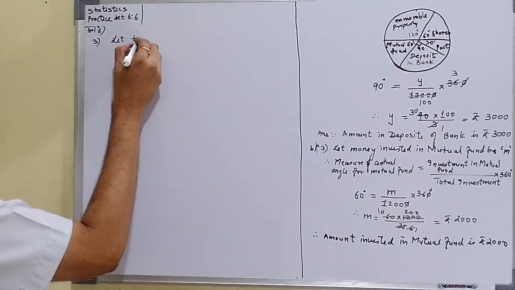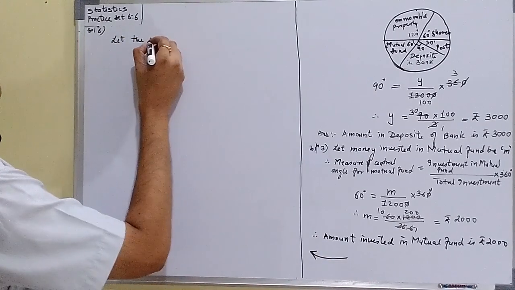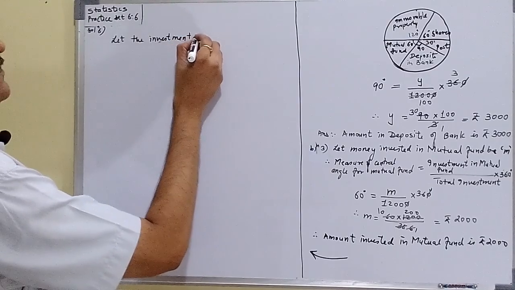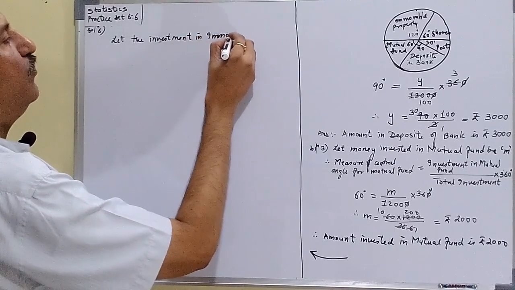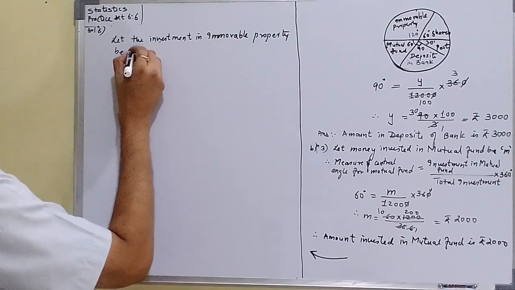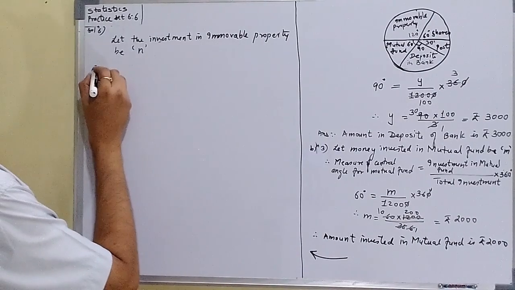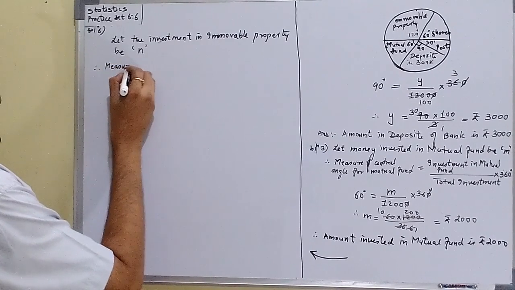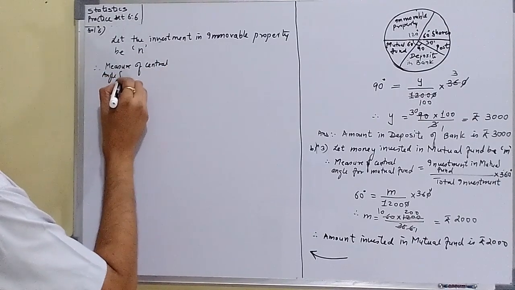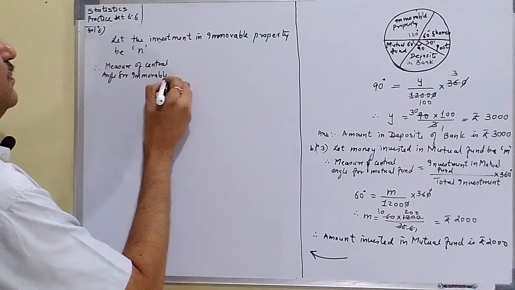Let the investment in immovable property be, we took M earlier, now let us take N. This is the continuation of the third part. Therefore, the measure of central angle for immovable property